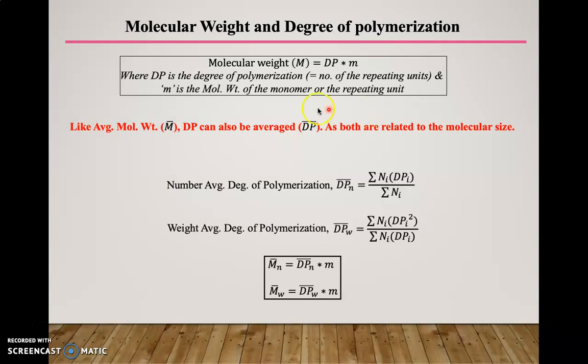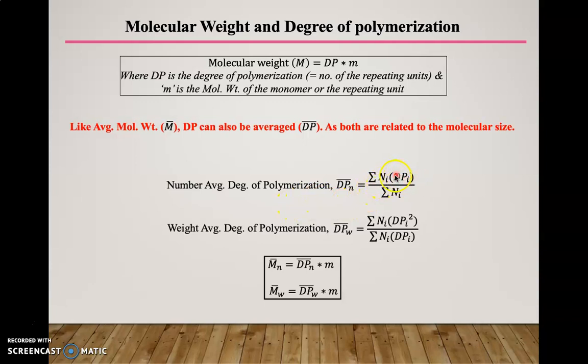So as we know that we have an average molecular weight, therefore we can also talk about an average degree of polymerization as well. Now, how to calculate the average degree of polymerization? It's almost a similar formula that we use for the weight average and the number average. So number average degree of polymerization is nothing but summation Ni